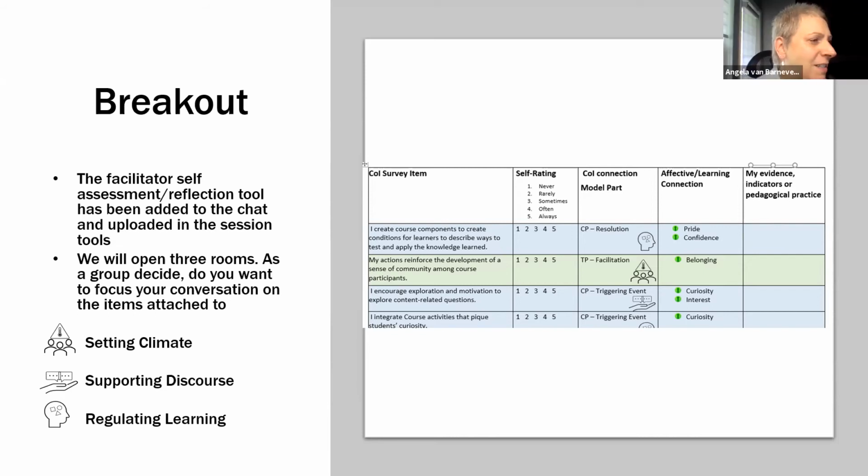So I'm looking at this one that says, I facilitate online discussions in a way that helps students appreciate different perspectives. Sometimes I will, and my classes are online async. So in the discussions, sometimes I will create a debate where they have to take, whether they agree with the position or not, they've got to take that one and mount their strategy and then argue it at some point during the week with the pro team versus the con team sort of idea.